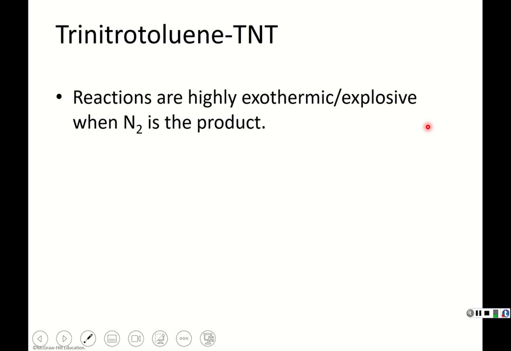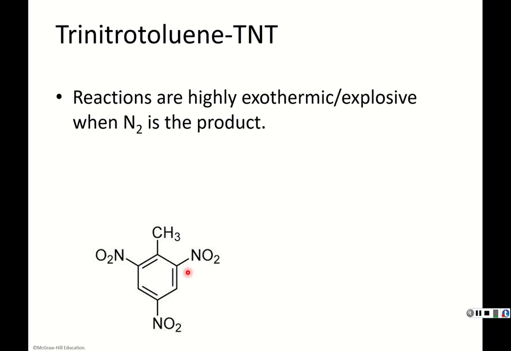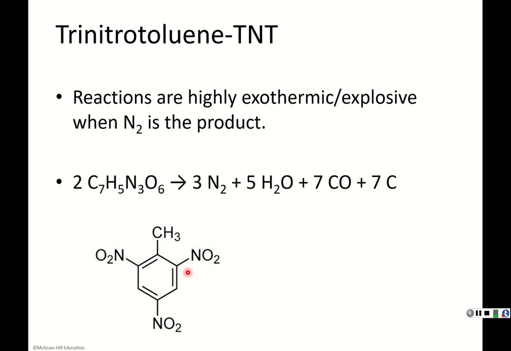And one of those such molecules is TNT, nitrotoluene. These reactions are highly exothermic, explosive, and N2 is the product. So here's the molecule TNT. Okay. Don't need to remember this or memorize it for this class, but when this reacts, it forms 3 moles. For every 2 moles of that, you get 3 moles of N2 gas, and then